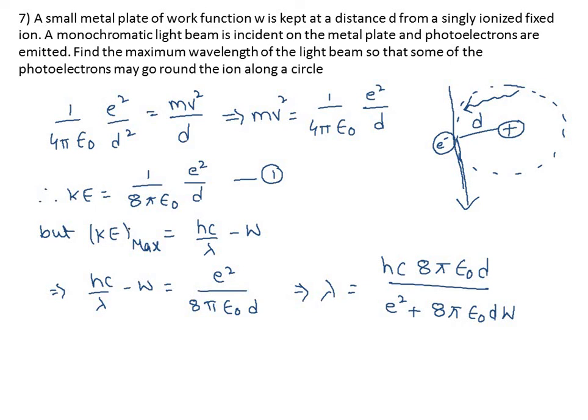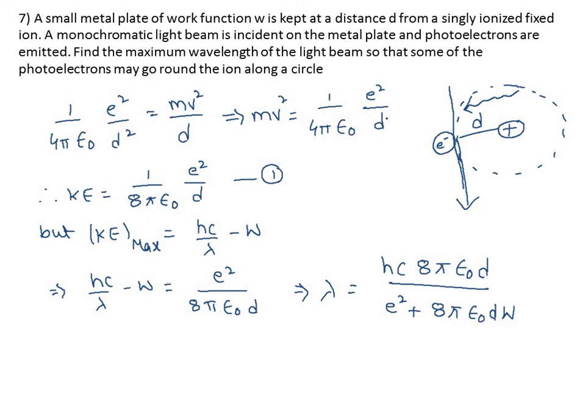So now for that case, the electrostatic force between these two, look here, singly ionized. What do you mean by that? Single charge. So the magnitude of the charge is what we have to consider. The Coulomb electrostatic force between them should be counterbalanced by the centripetal force. So 1 by 4 pi epsilon naught q1 q2 by r square. So q1 q2, the magnitude of the charge is singly ionized and a single electron. So e square by, what is the distance between them? d square is equal to mv square by r, and r is d here. So d cancels out and we get mv square equal to 1 by 4 pi epsilon naught e square by d.